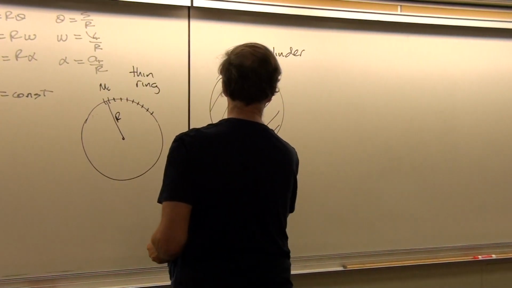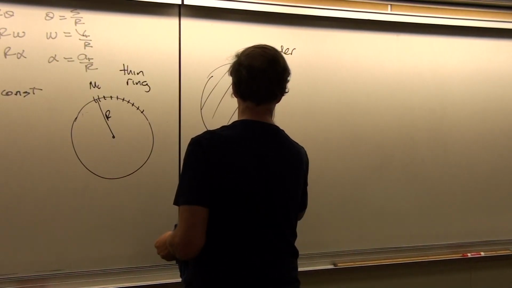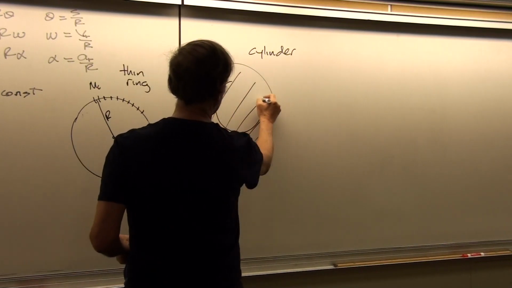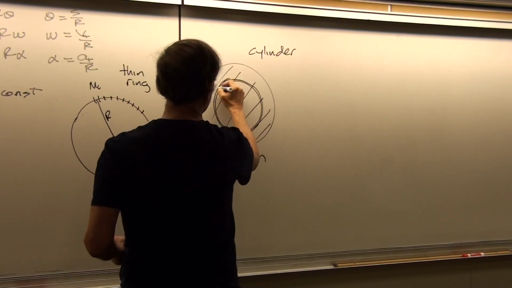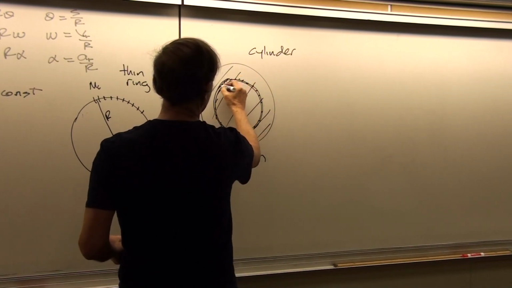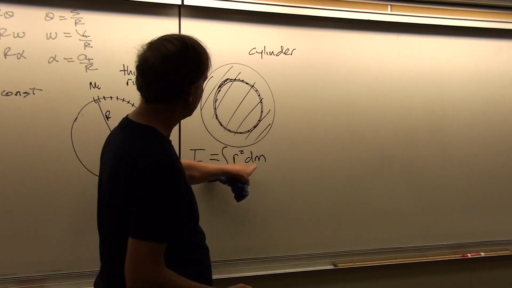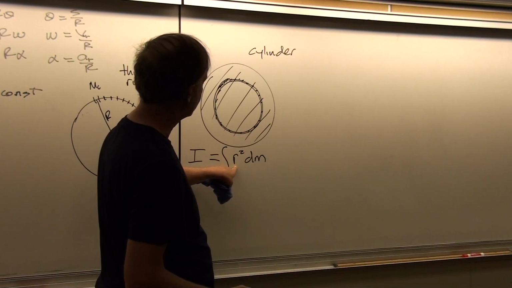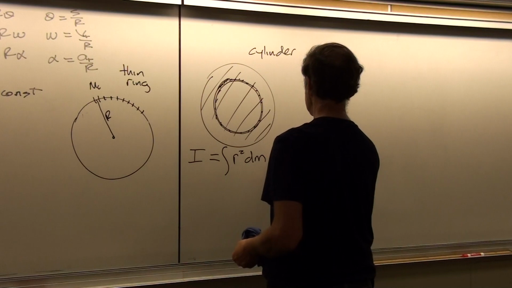And so the way that this is done mathematically is we set this up as an integral of r squared dm. Okay, where dm is some little mass element which we could think of as being a thin ring. And then what you have to do to solve this for the total moment of inertia is to write our little mass element as a function of r and perform the integration. I'm not going to do that here. I'm just going to write the result.